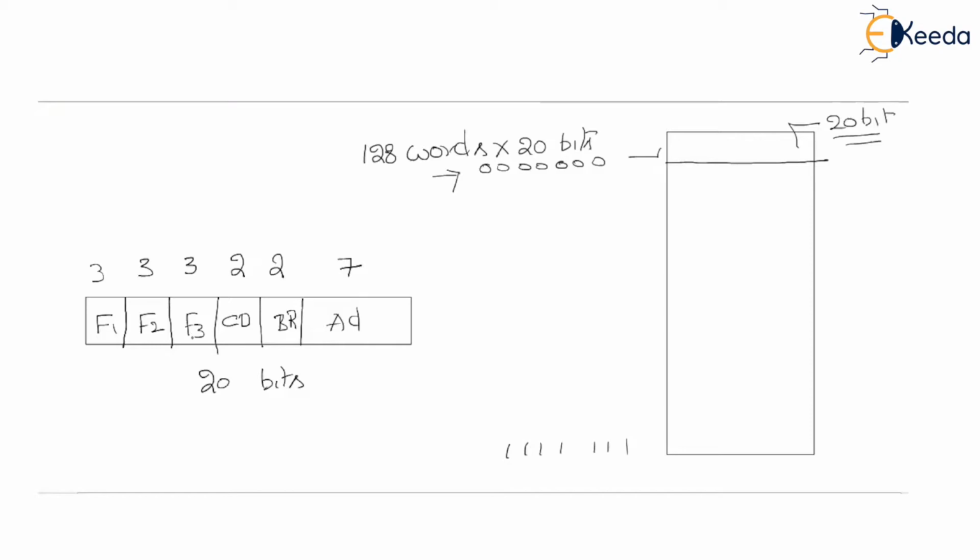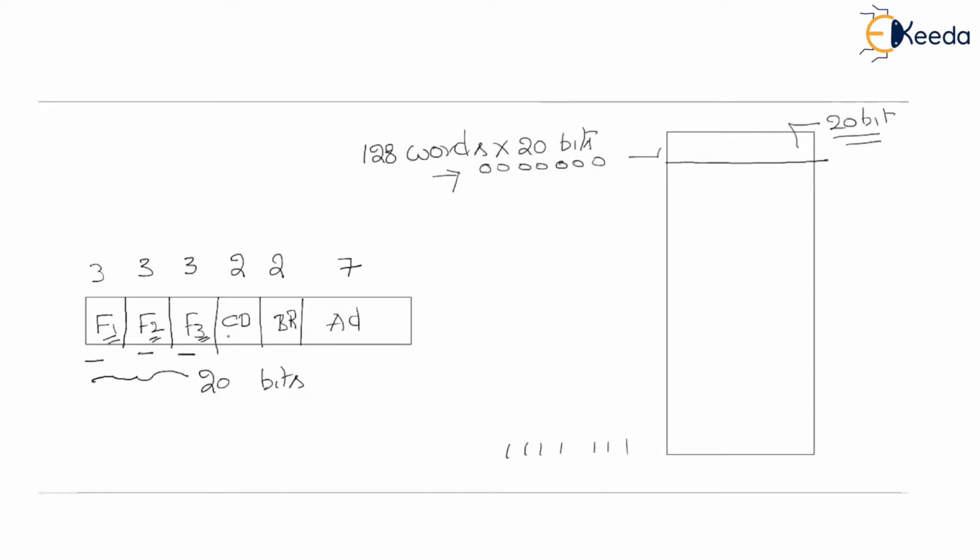F1, F2, F3 are the function fields, rather the opcode fields. This F1, F2, F3 are going to specify some micro operation that is needed to be performed within the instruction. So every micro instruction can contain a maximum of 3 micro operations. We will have a look at this micro operation in this session in a short while. Each of these fields is going to represent one micro operation. I'm going to show you all the micro operations.